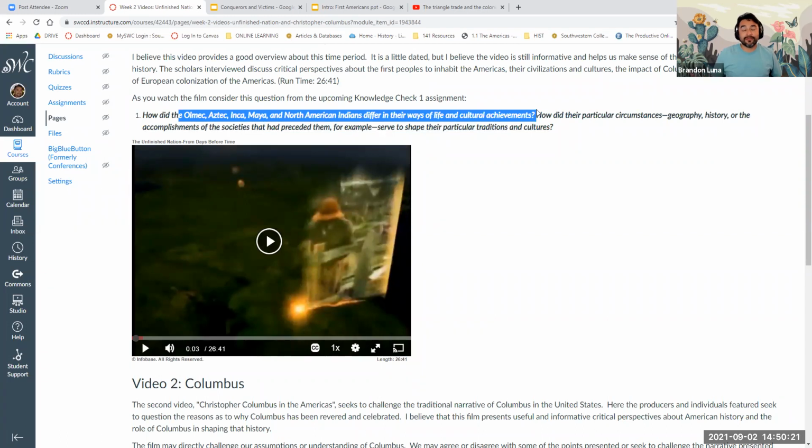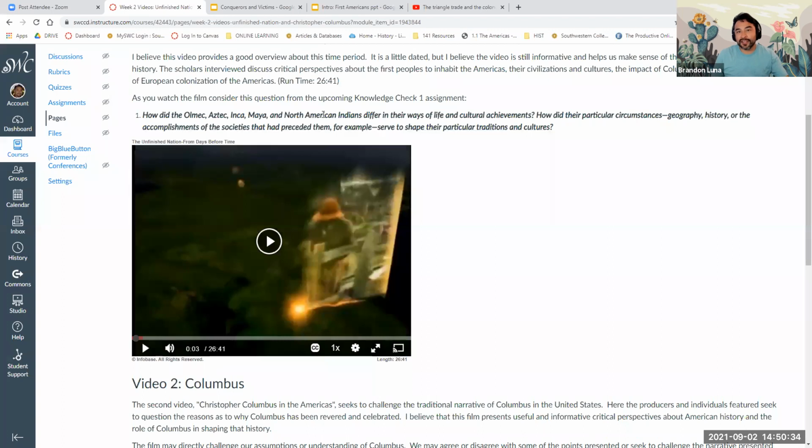So in the week 2 overview video I did earlier in the week, I mentioned one right off the bat. The first difference you can note is the geographical locations. So where are some of these groups located? From either your reading of the textbook or your prior knowledge, where are some of these groups located in the Americas?